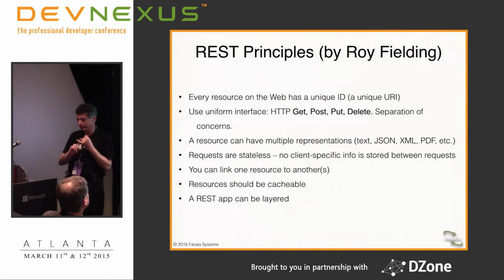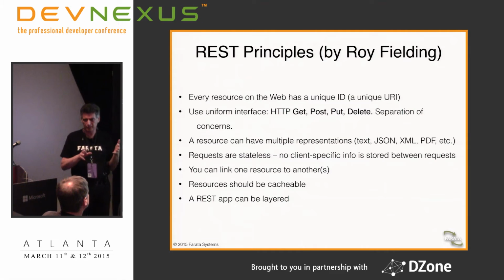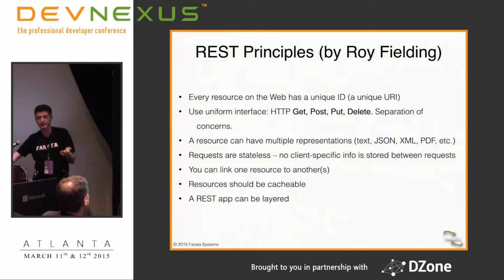So every resource has to have a unique web ID, a unique ID on the web. All access using the REST protocol is done only using standard HTTP operations, get, post, put, delete, there's head, there's a couple more, but it's all standard. A resource may have multiple representations. All requests are stateless. You can link resources, resources will be cacheable, and the rest should be layered. I'm running fast. If you want, I teach a class which lasts probably 2 hours just on REST. I don't think you need it, right?